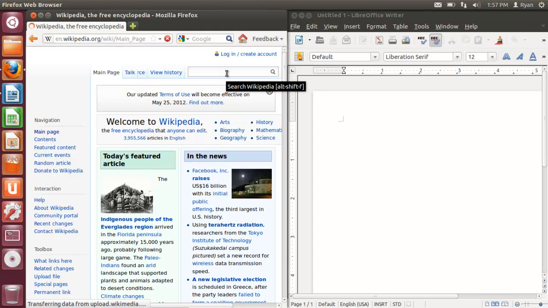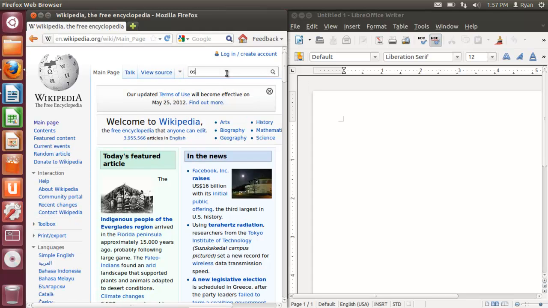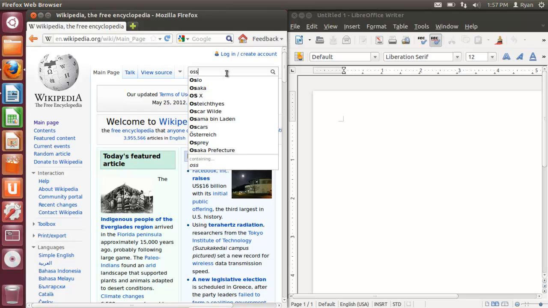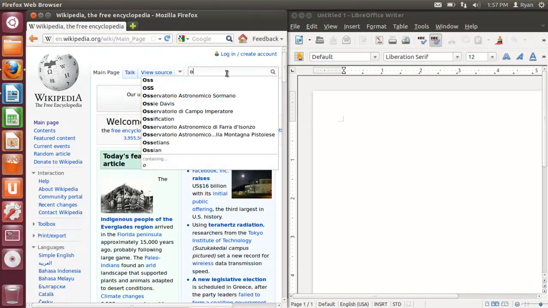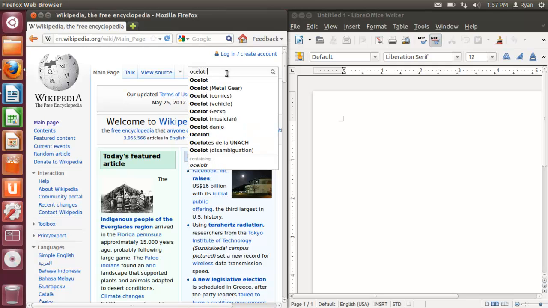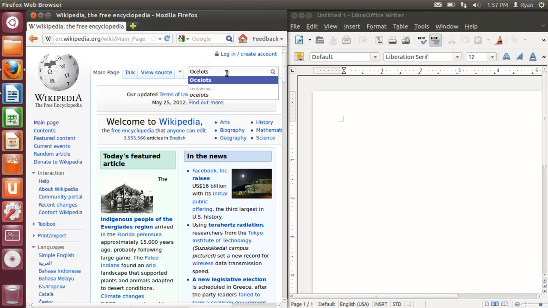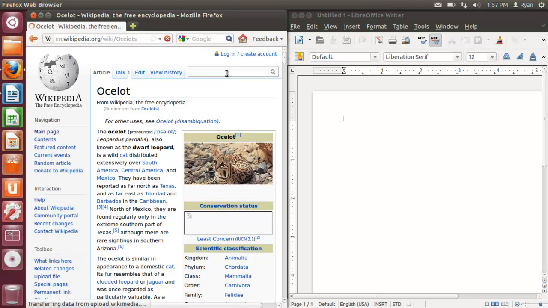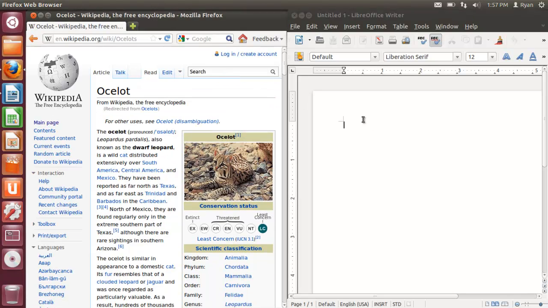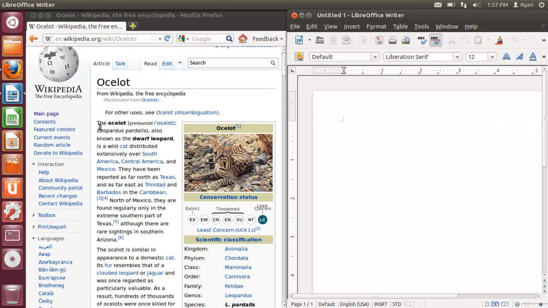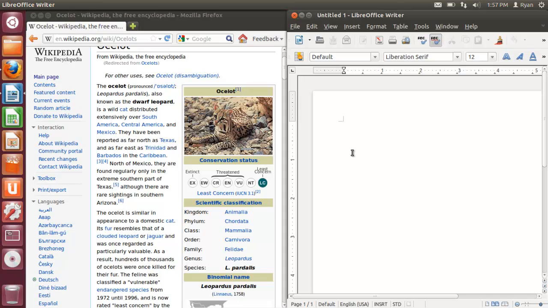So if you type in ocelots into Wikipedia, how do you spell ocelots? Ocelot. Ocelots. So now you're greeted with the Wikipedia page for ocelot, and so now you can read the article while typing out your term paper. So let's start with MLA format,